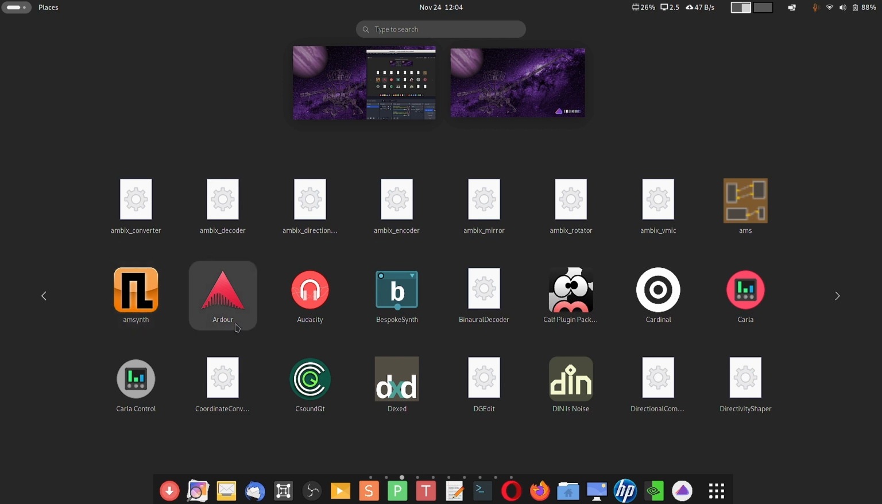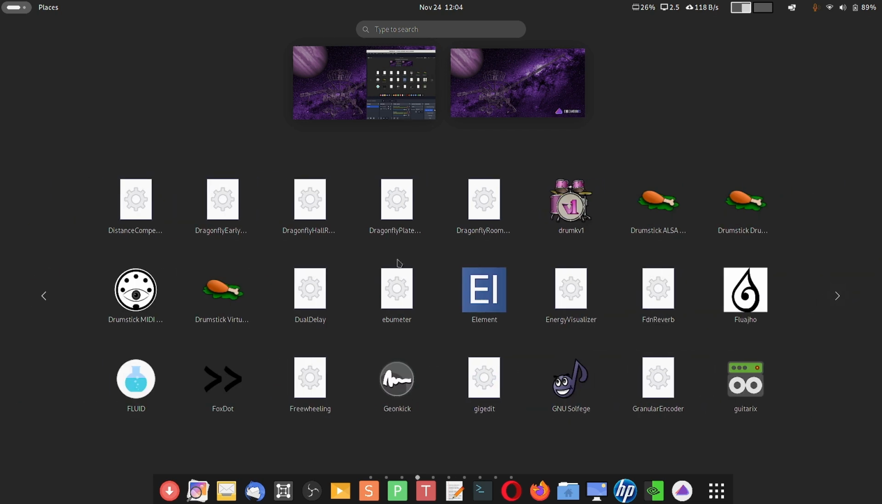The synthesizer is there. Adder is a digital audio workstation. Audacity is there. This is the bespoke synthesizer. This is the binaural decoder. Carl plugin I have shown you in earlier videos. Cardinal is there. Carla is there. Carla control is there. Coordinate converter. C sound QTUS checked out. Dext is there. DG edit is there. DIN is noise. Directional compressor. Directivity shaper. So these are the different plugins. Distance compensator. Dragonfly early. Dragonfly hall